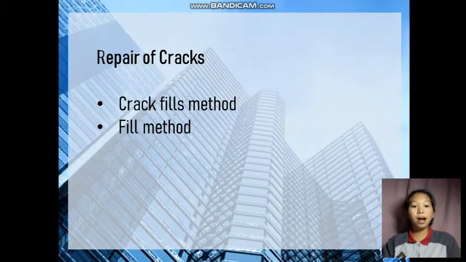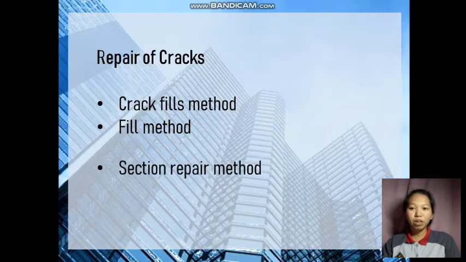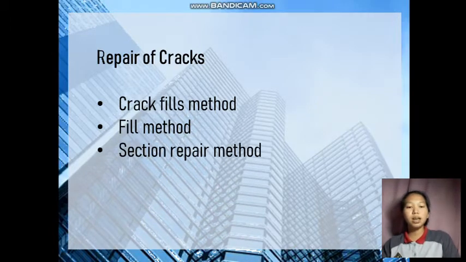Then for the next one is the fill method. Filling cracks, rock pockets, cavities, peeling, and other small-scale missing sections in existing concrete members with resin and mortar to repair sections. Then the third and the last one is the section repair method. This method removes deteriorated or damaged portions of the existing concrete. Then for now, we're gonna watch a video